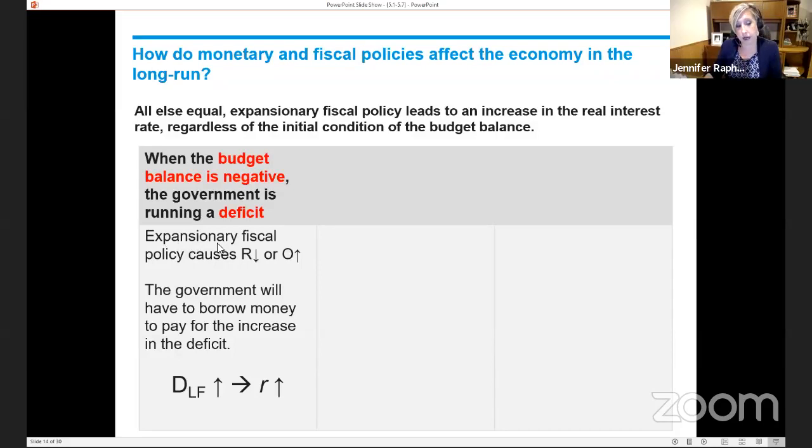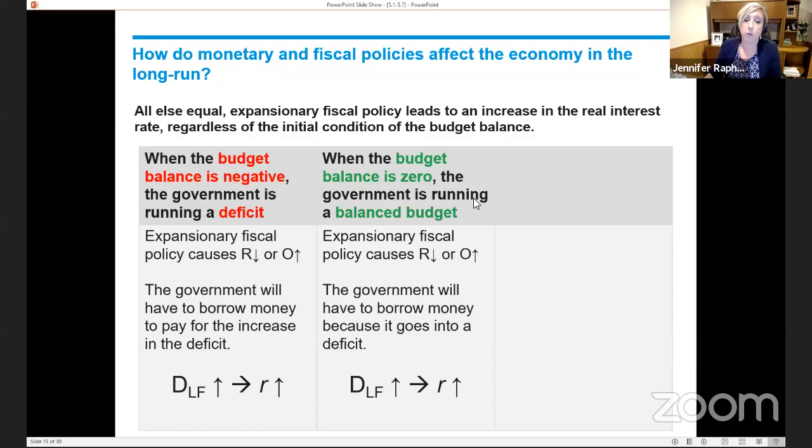Well, if the government enacts expansionary fiscal policy, that's going to cause receipts to go down, because a tax cut would cause government revenue to go down, or outlays to increase, or both, right? So either way, the deficit is going to get bigger, which requires the government to borrow money to pay for the spending it's doing that it hasn't collected the revenue to pay for. So an increase in government borrowing leads to an increase in the demand for loanable funds, which drives up the